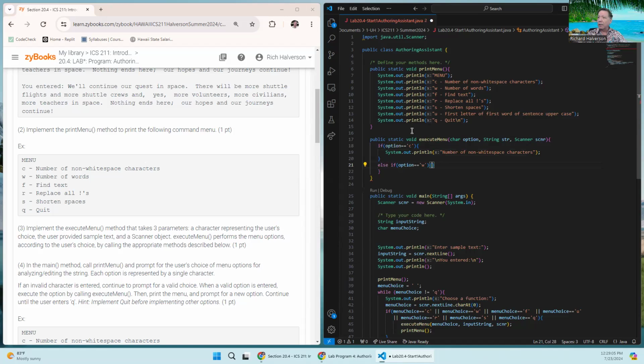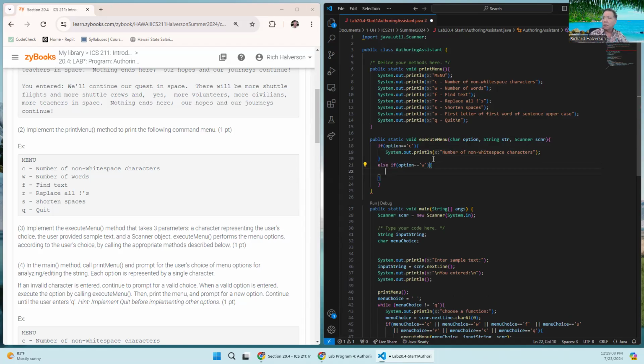It shouldn't be like that. It's not that consistent, right? Okay, so I'm going to get rid of this and I'm going to put this here. Copy, paste. All right, so W is number of words. Number of words. I'm just going to put this, number of words, and then we're also going to have, okay, this is what I'm